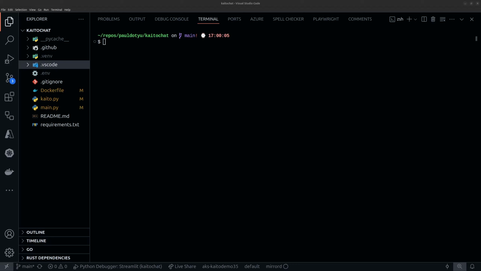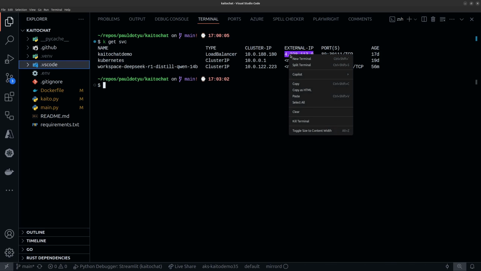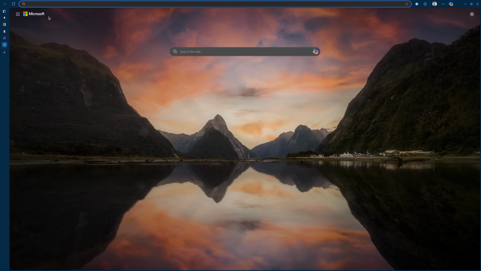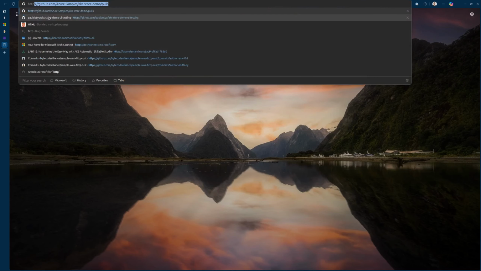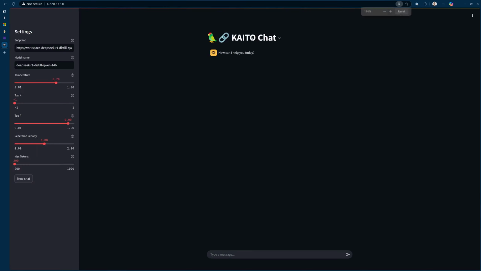All right, let's do some more F5 debugging, but this time let's use mirror-d. So I have this application that's running in my AKS cluster called Kaito Chat, and let's just navigate to it real quick so I can show you what I want to test here. I'll just run a get service command, and here's my application, Kaito Chat demo, which is available at this public IP. So I jump over to my Edge browser, and if I just navigate to that, you can see here